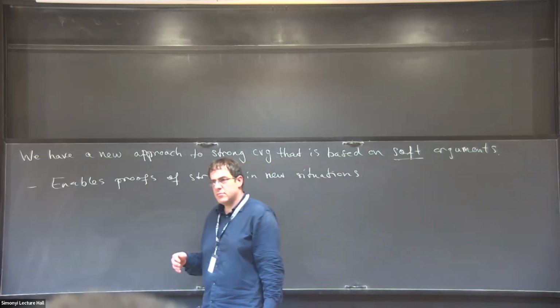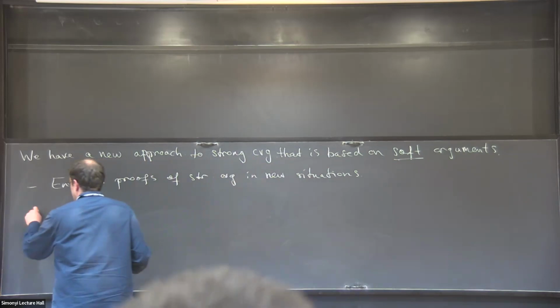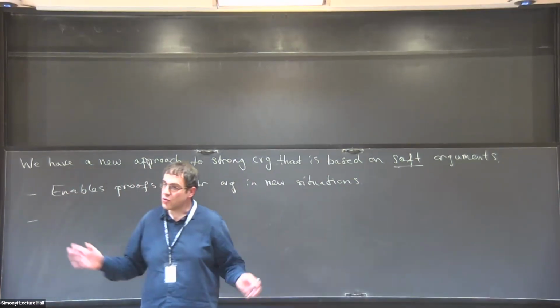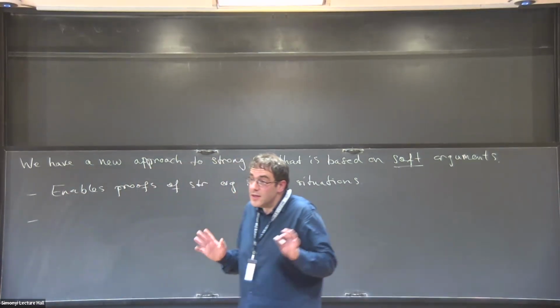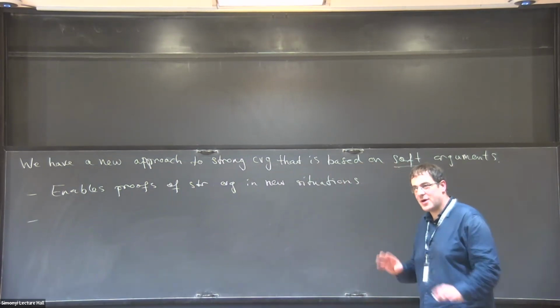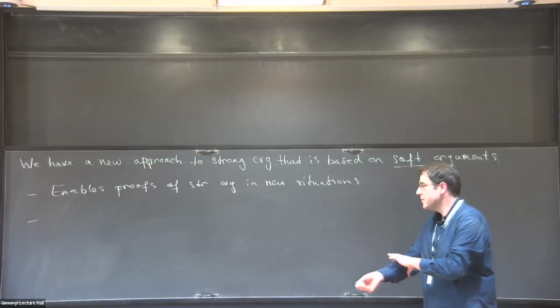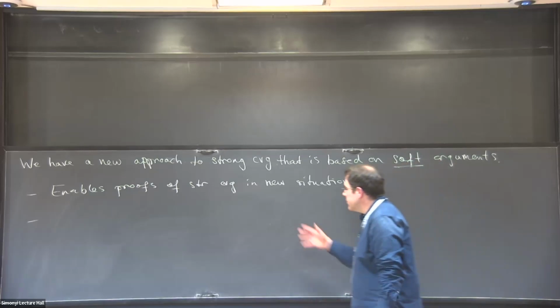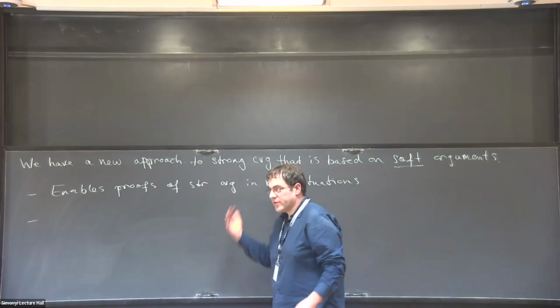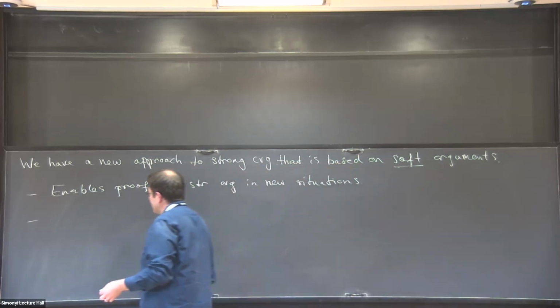What do you mean by soft in this context? Well, you will see. Soft means we don't really have to do any combinatorics. It's kind of miraculous, but I will try to explain by the end of the talk, at least the basic reason. So first of all, it makes it possible to prove things in new situations because it's easier to apply. But kind of surprisingly,